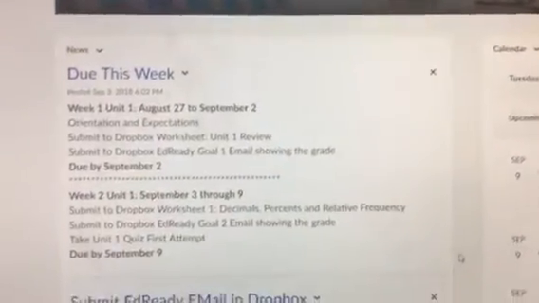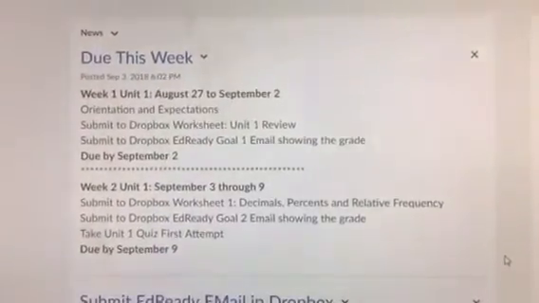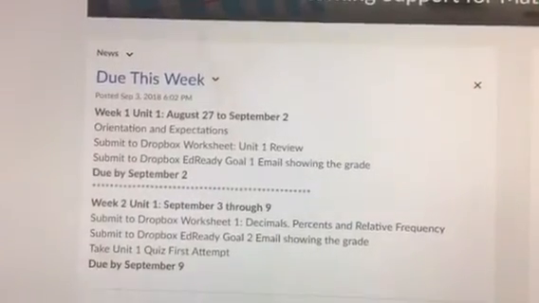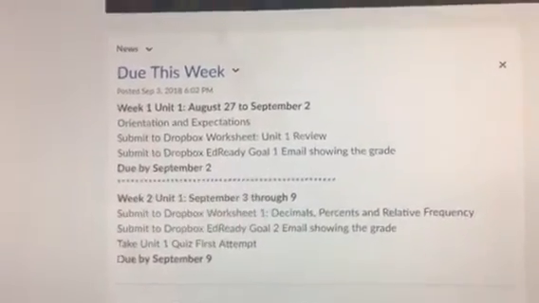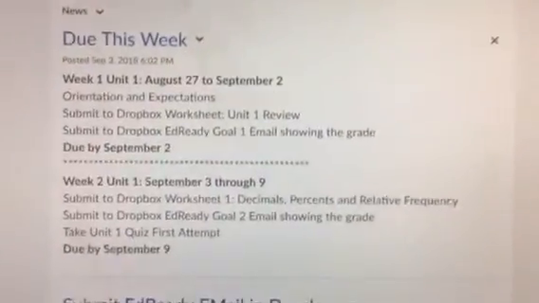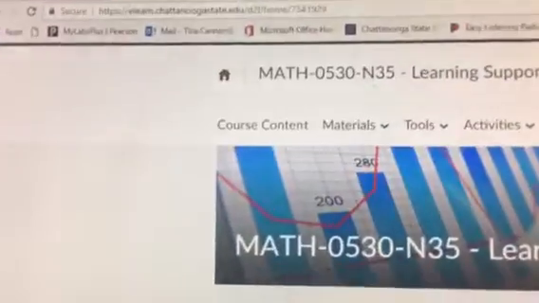Remember, this week I went ahead and placed in the news items of what's due this week, because some of you keep asking, but all you have to do is go to your calendar and look at your calendar. It tells you what's due. All I did was copy out of the calendar, so I'm going to show you that. If you go up to course content,